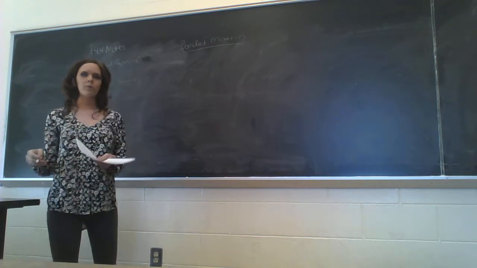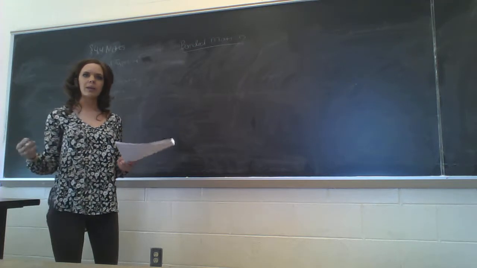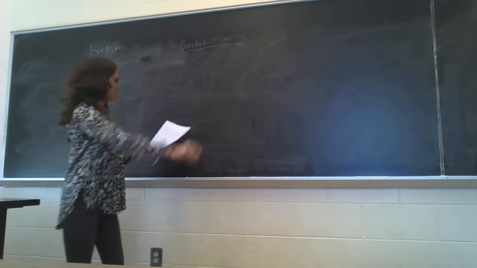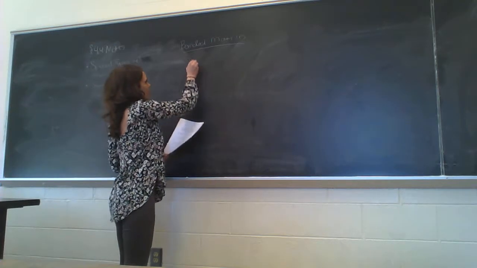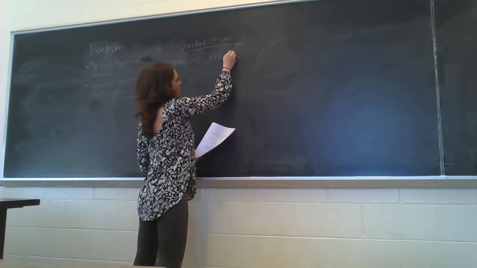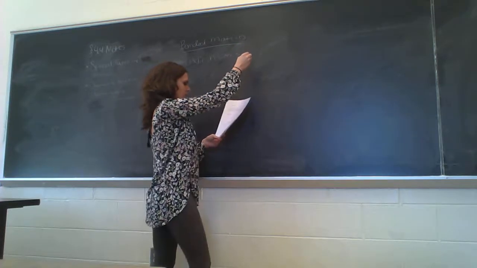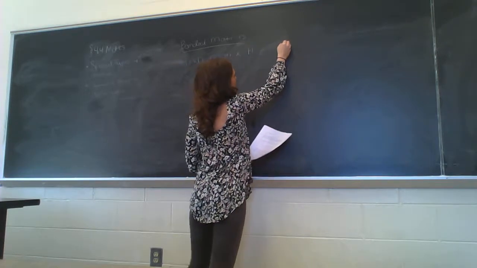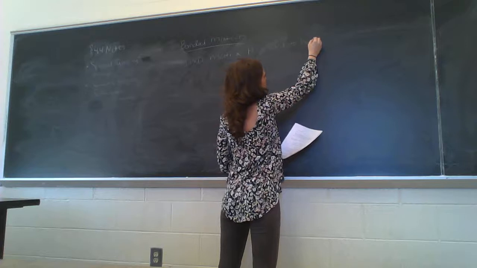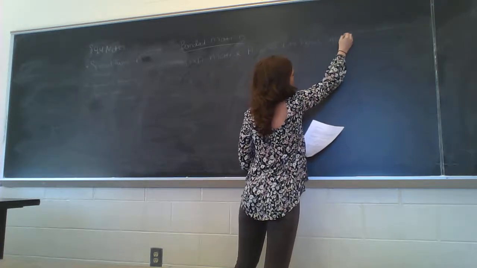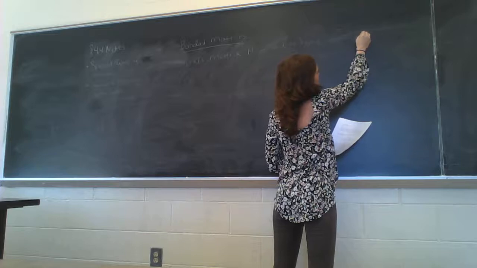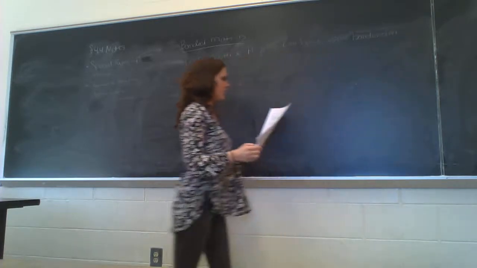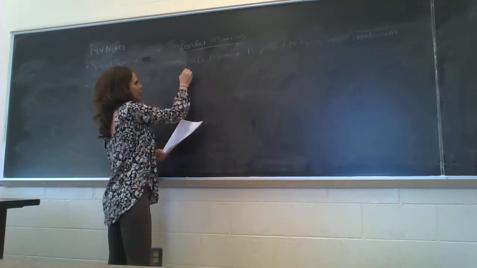So we want to talk about what it means for a matrix to be banded, and then also, if we have a banded matrix, how do we solve a system like that? So if we have an n by n matrix A, it is said to have an upper bandwidth that we call P